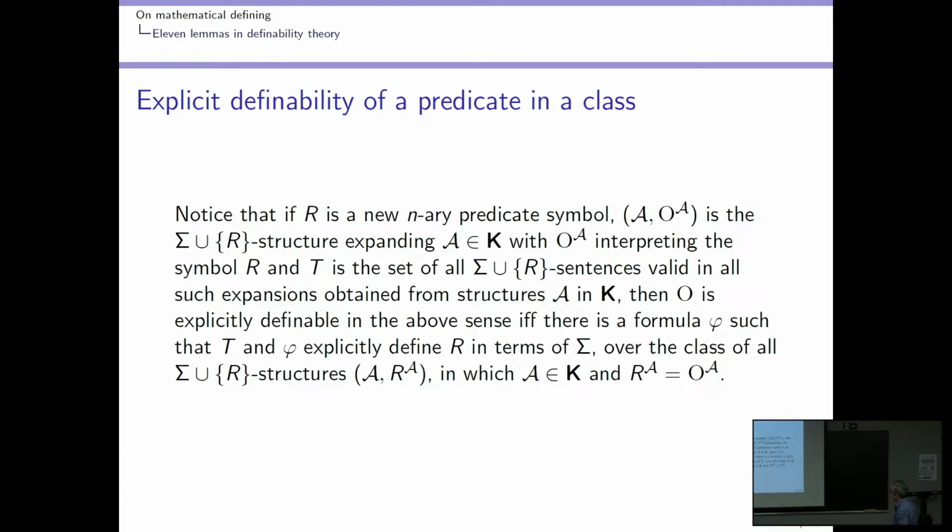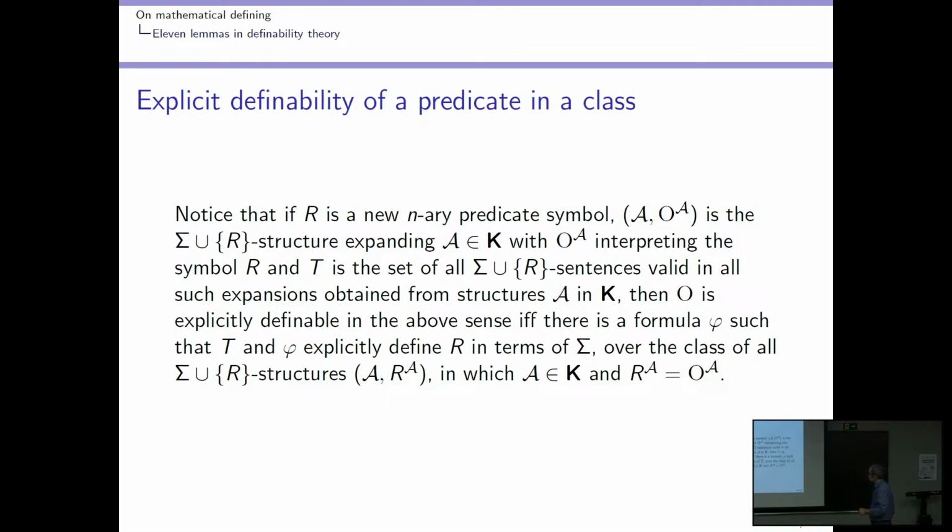If R is a new symbol supposed to name a predicate, it is a predicate name. Most of our symbols, most of our semantic notions, are naming notions, right? So a predicate symbol is a name for a predicate. So if R is introduced as a name for the predicate O,